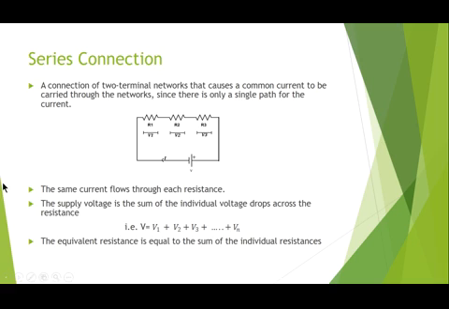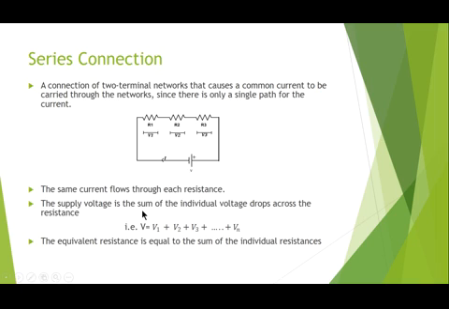See the circuit, an example series connection circuit. We are connecting 3 resistances R1, R2, R3 in series with a single battery of voltage V. We have the voltage V1 across R1, V2 across R2, V3 across R3. I is the current flowing throughout the circuit. Current will be the same in a series connection. The same current flows through each resistance. Next, we have different voltages.